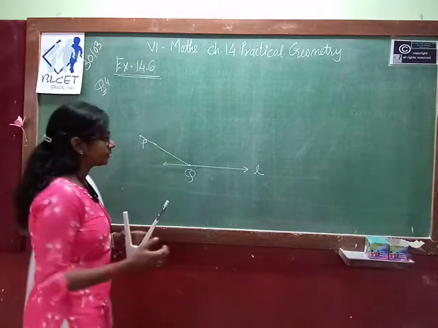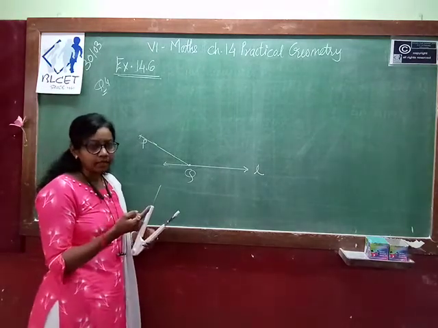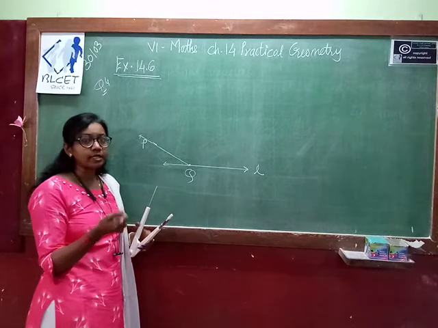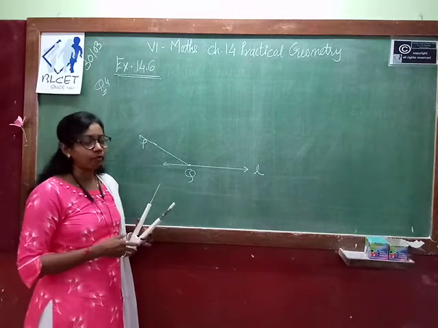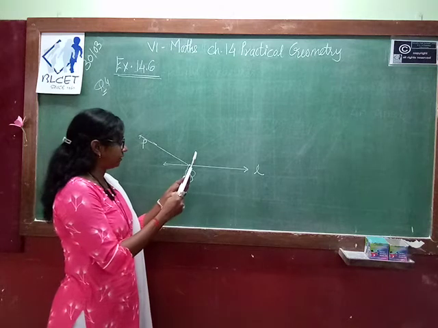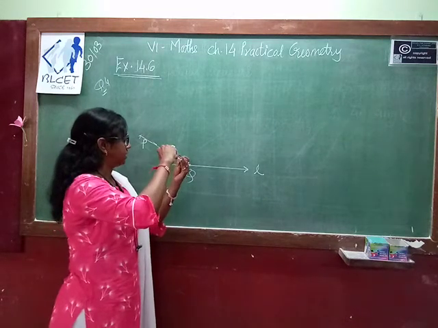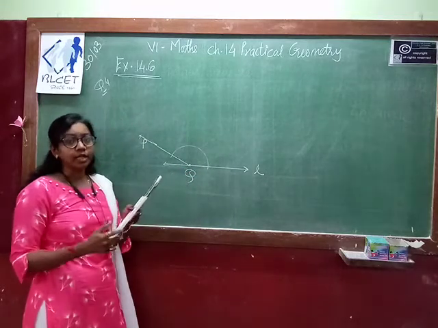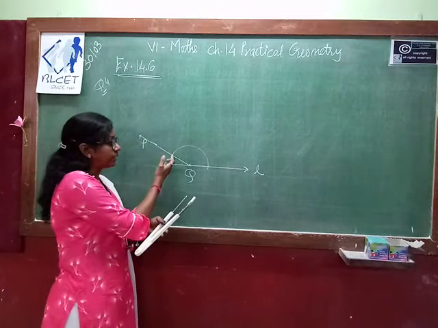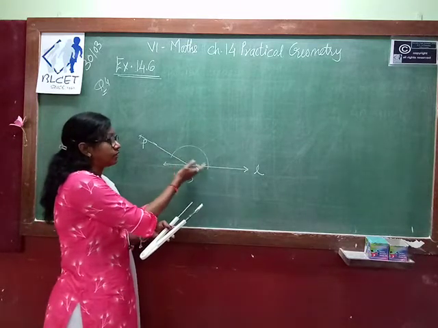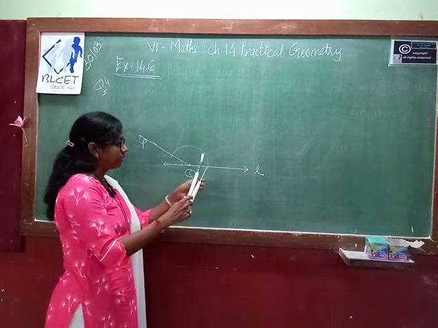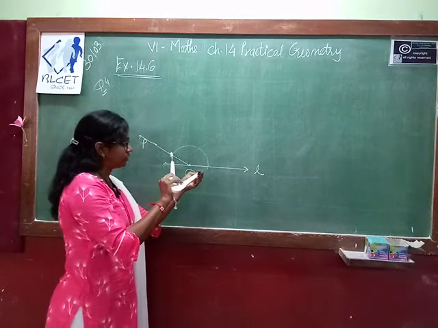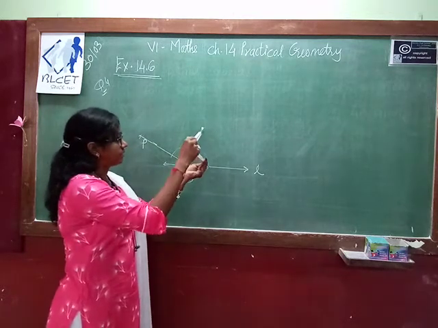Now we have to divide this into 4 equal parts. So what we will do first? We divide the whole angle into 2 equal parts, and then we divide each part again into 2 parts. So you are getting 4 equal parts. So first we draw an arc. It is compulsory to draw an arc like this so that you can bisect. You can find the distance between these 2 points. So for that, keep your pointer over here and find the distance between these 2 points. Okay. Now bisect.